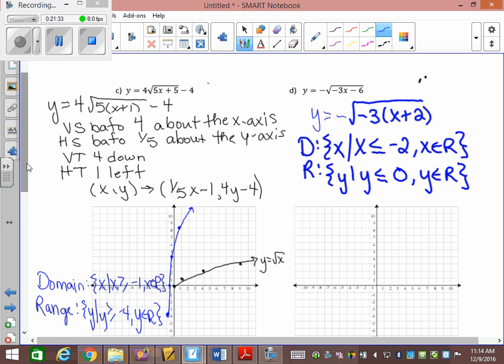Because your stretches don't change anything on a domain and range, right? They change it on the graph, absolutely, but not on the domain and range. Your reflections change whether it's greater than to less than, right? And your translations are what gets your values for your domain and range. Okay? The last little bit of class